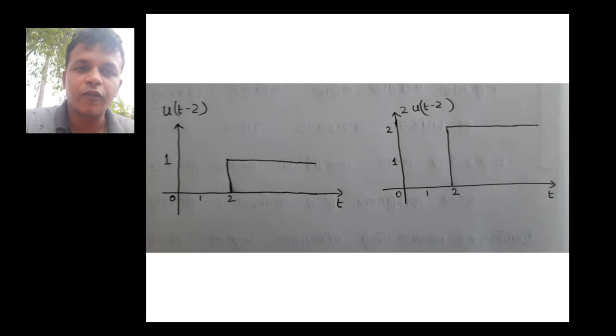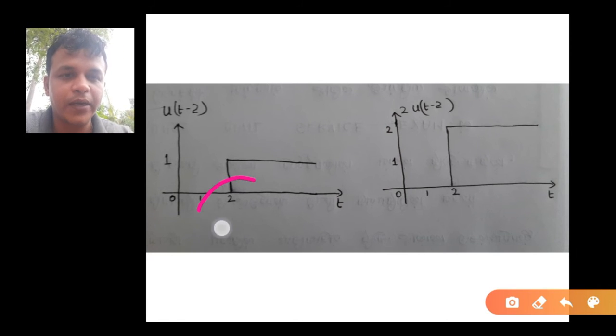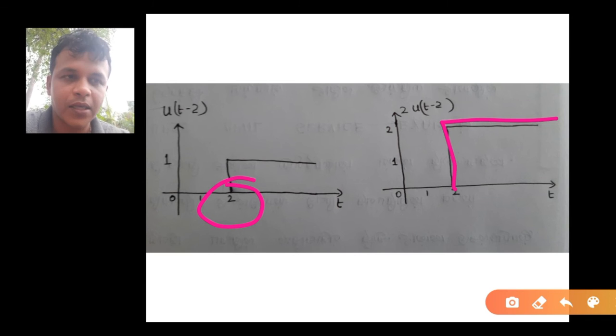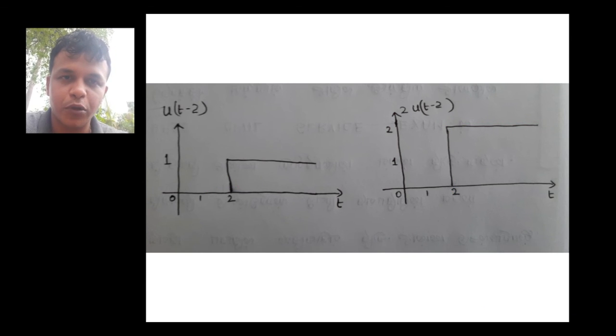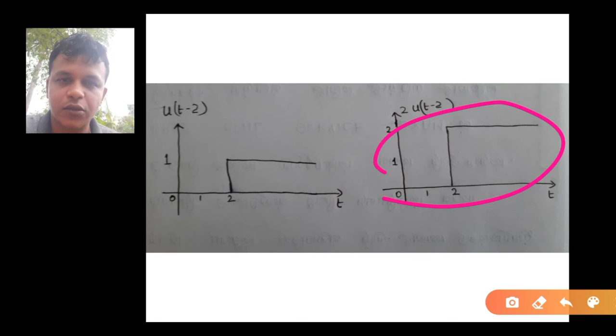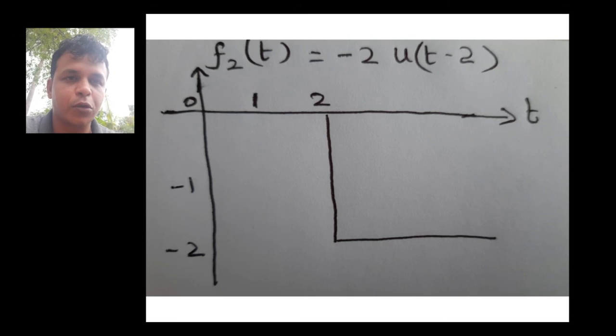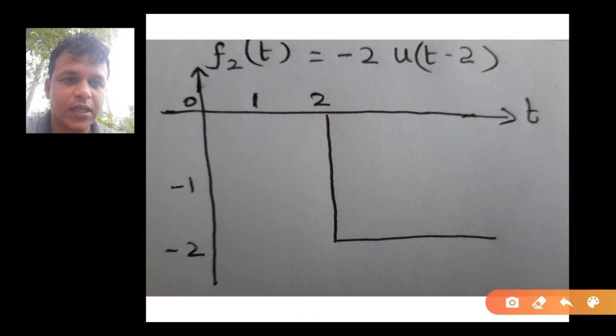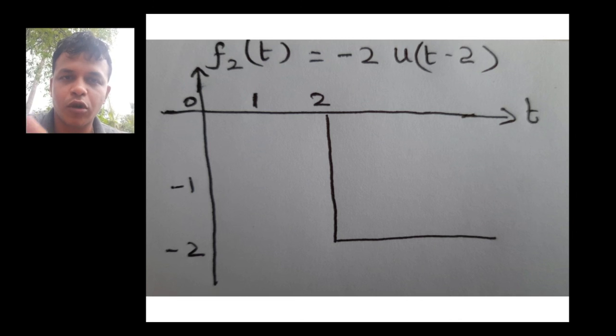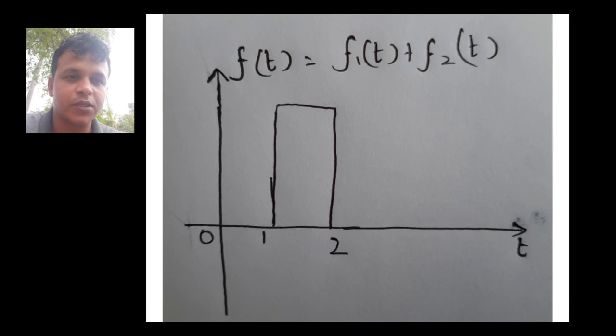Now u of t minus 2 is time delayed by 2 units. Then 2 into u of t minus 2, we are weighting it by a value of 2, but in the question we are asked to find minus 2 into u of t minus 2. So we are reversing the amplitude of this signal. Here this signal is in the positive direction of y, and we make it happen in the negative direction of y, so that becomes minus 2 into u of t minus 2. So that is given here. Okay, so we have drawn two waveforms, we have answered 50% of the question, and the remaining 50% is very simple.